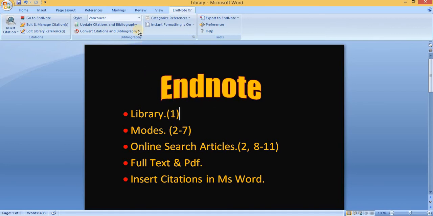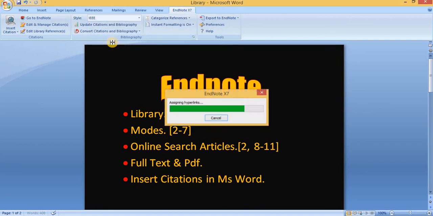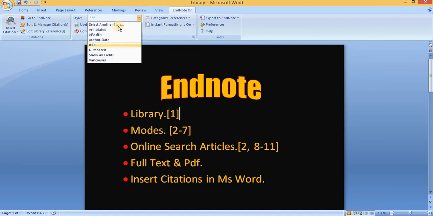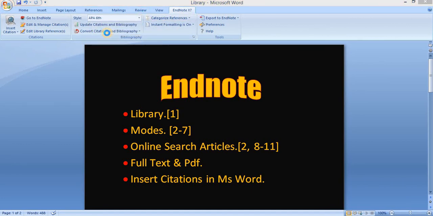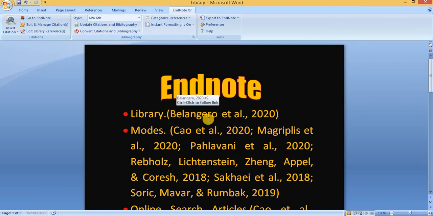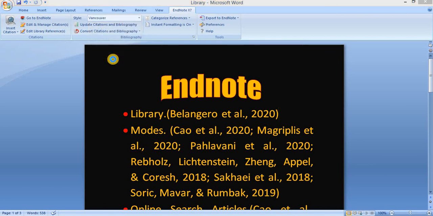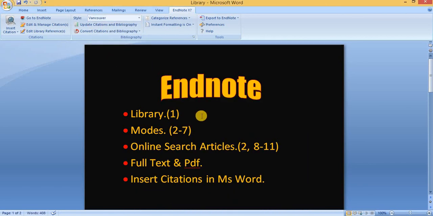Vancouver contains the round bracket, and the IEEE contains the square bracket. If I would like to change to APA 6 style, then here you can see the options and the year. So that's how we cite our article.